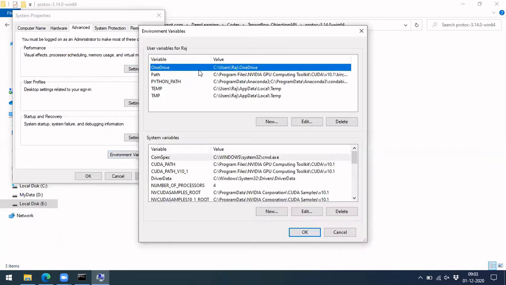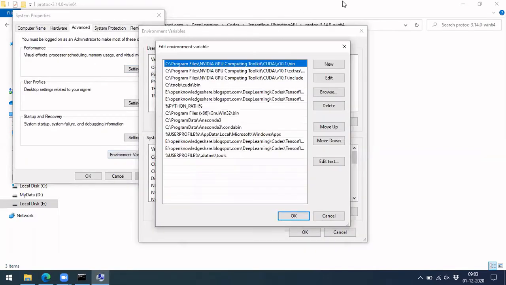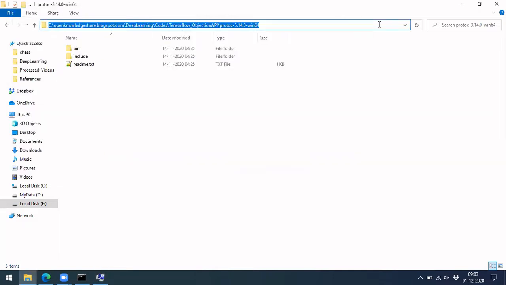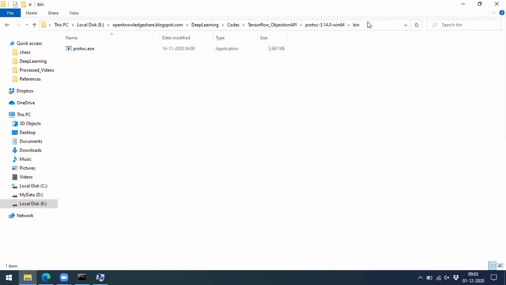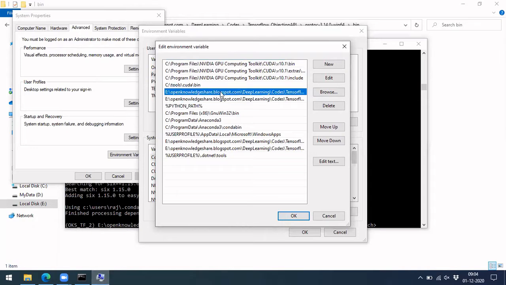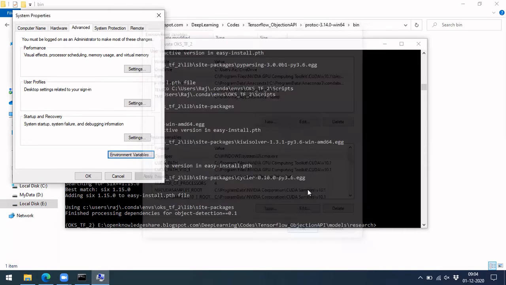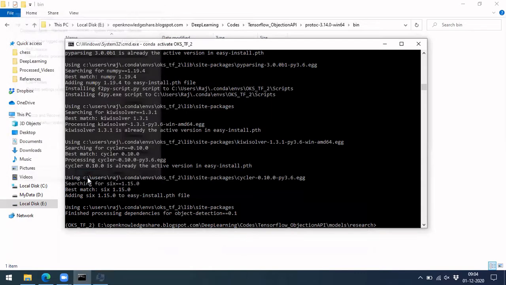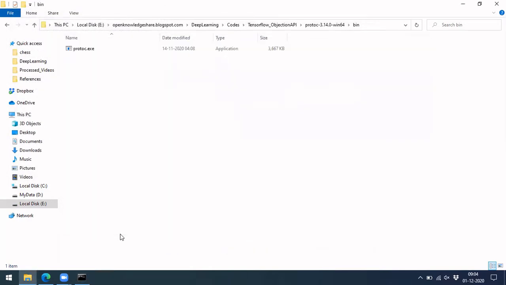Go to environment variables, go to the Path, and here we should be adding these paths. Copy this path, and next also copy the bin path inside the bin folder, and add those here. I already have added it, so you can find it over here. See here, Protoc, as well as this one. In case we want to add it newly, click on New and paste it. Once you have done it for both of them, including the bin folder, click OK and OK here. Then automatically the system will know where Protoc lies.